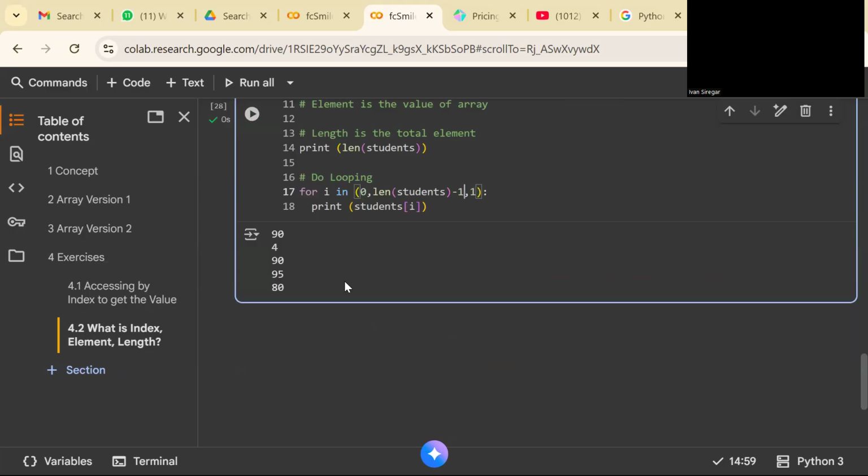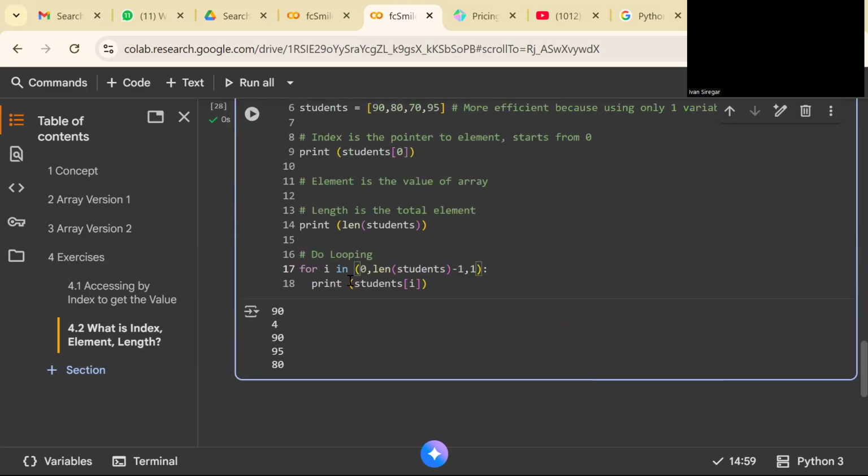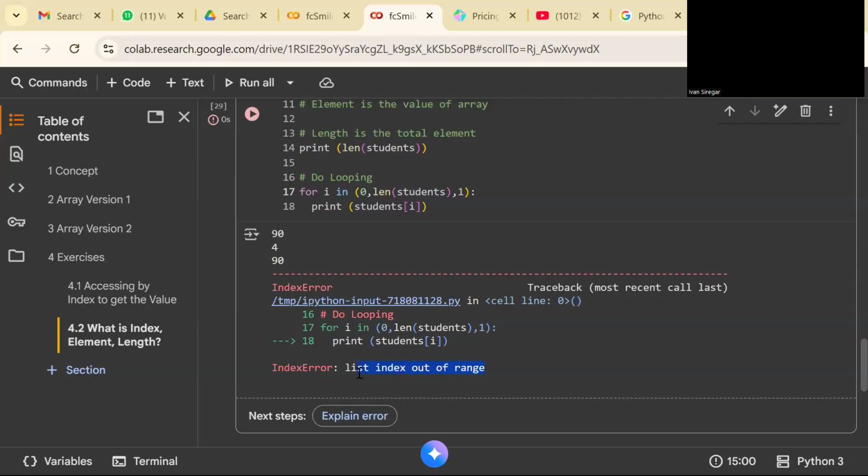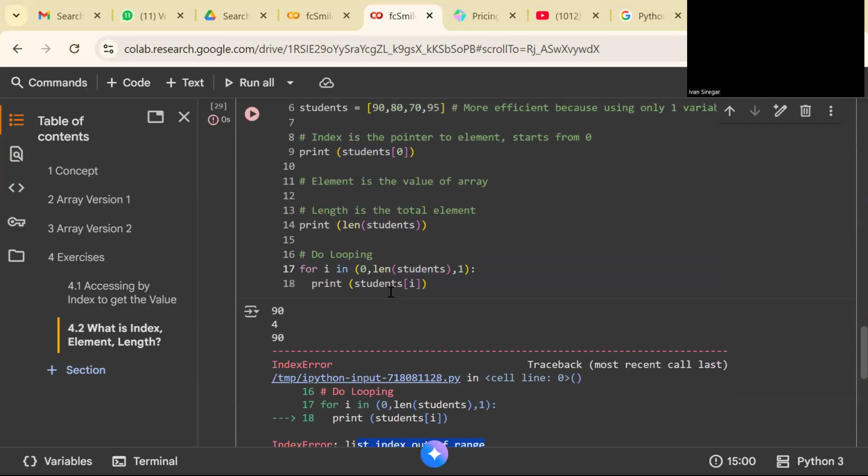So you're going to have the total elements from 0. You get the length but -1. Okay, maybe without -1 here. Out of range, the students is out of range from 0, 1, 2, 3.